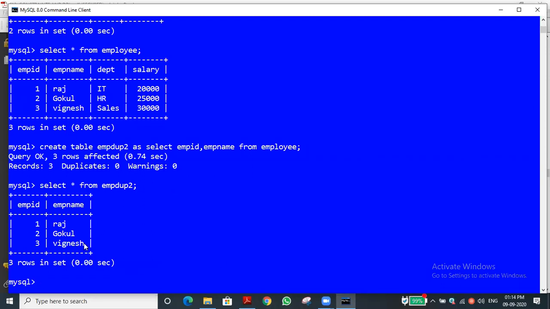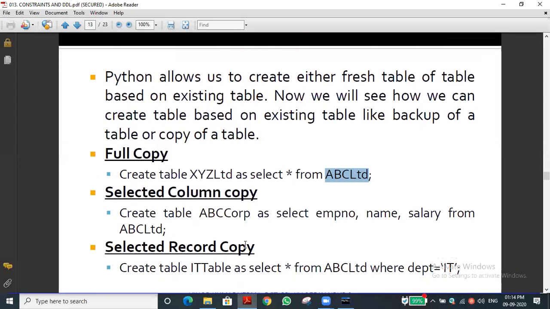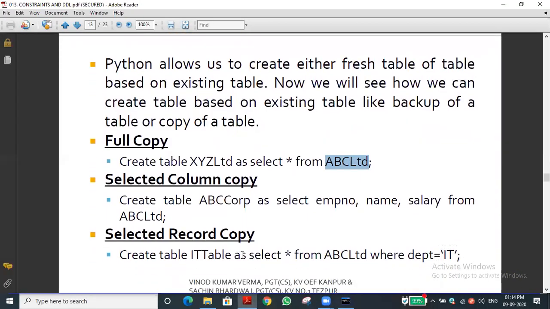Now you understand how to make a table with selected columns only from a table. Have you understood? Good. So this is the way, and now selecting records only. Sir, I want to select record-wise. Now you know how to copy an entire table, and how to copy specific fields only from a table. I want these records only.